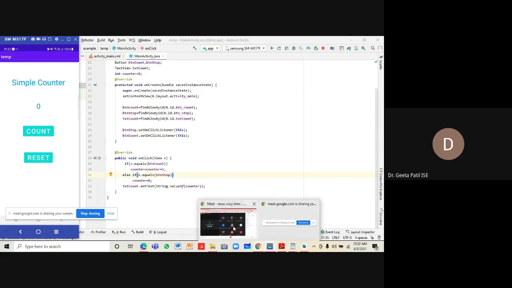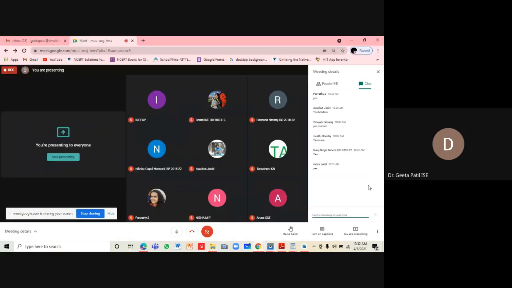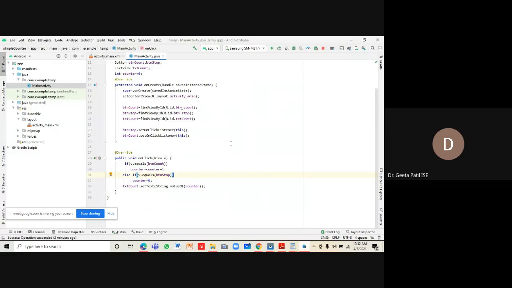Let me quickly check how many of you have installed this. A couple of you have installed it. Can you run this code and check? You can note down this code and execute it. If there are any problems, let me know, because based on this, the functionality of threads and the requirements for threads will be clear to you.